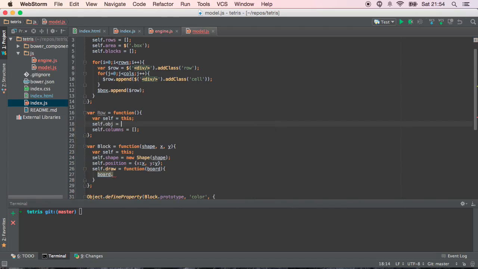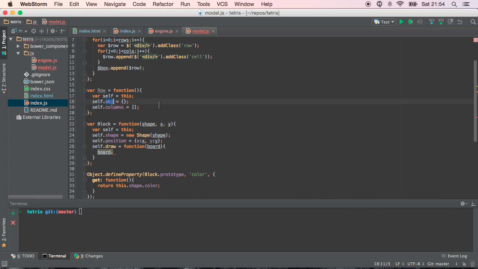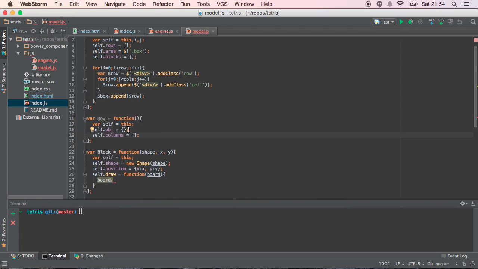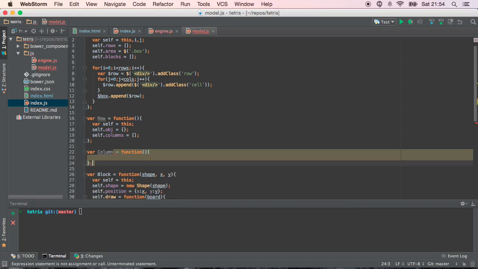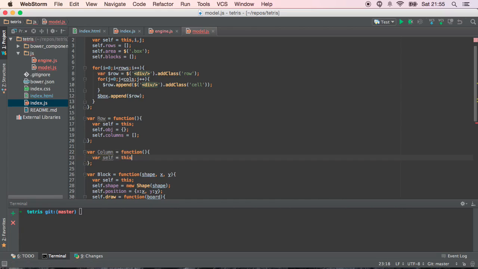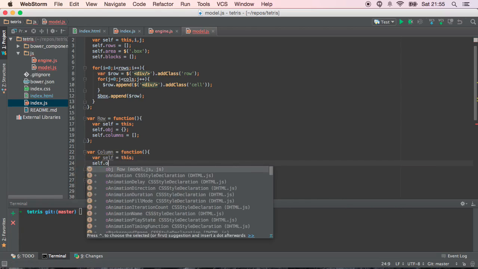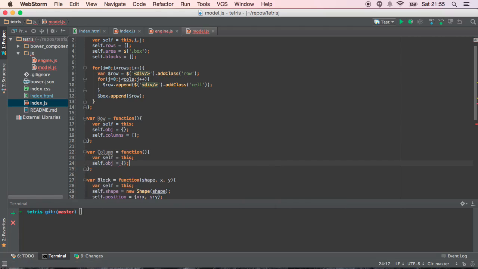We need an object that's going to be our jQuery object. And then we're going to need a var column equals a function. Same thing, var self equals this, and then self dot object equals